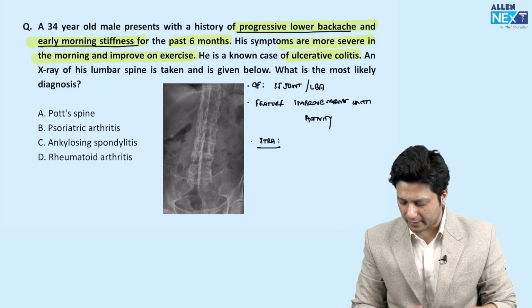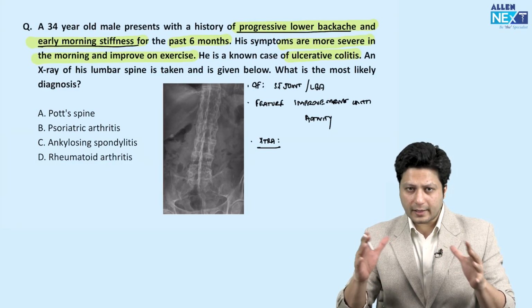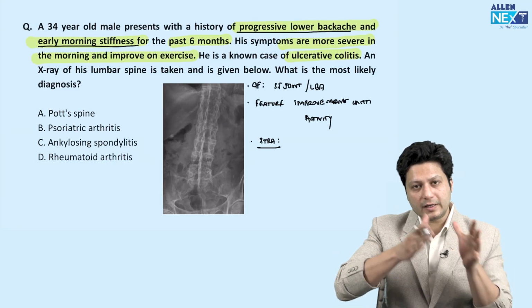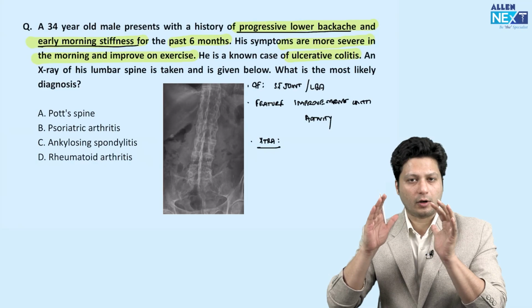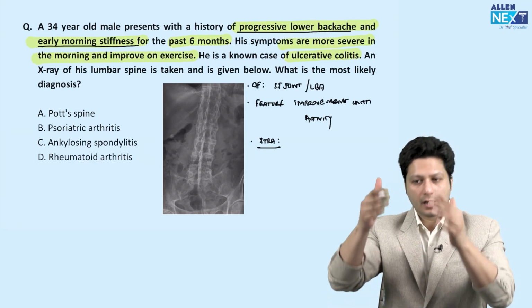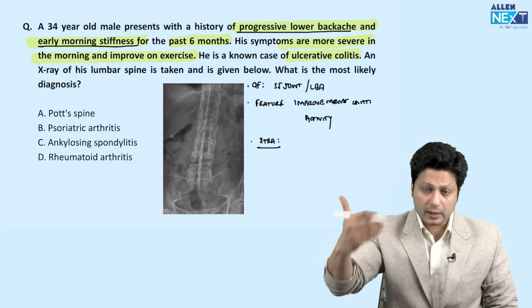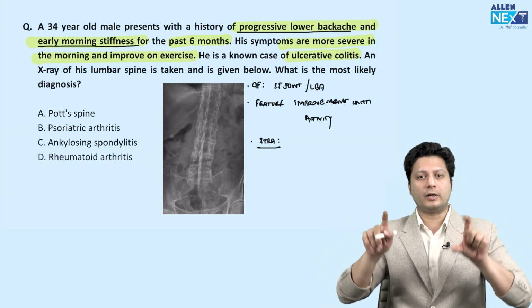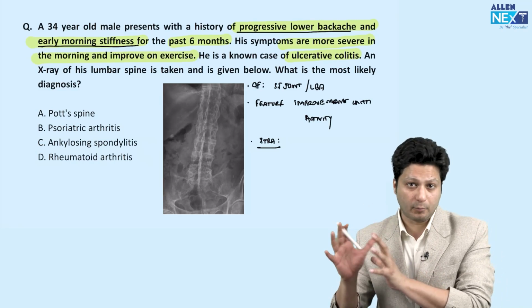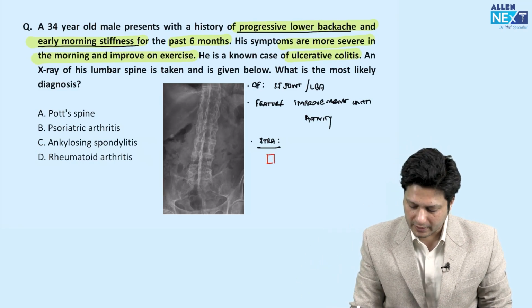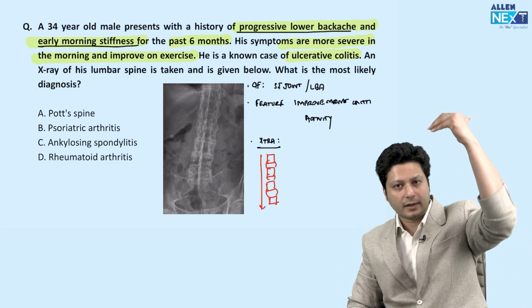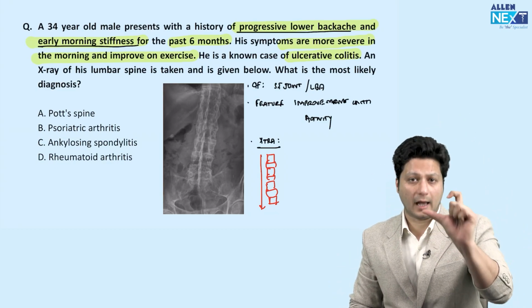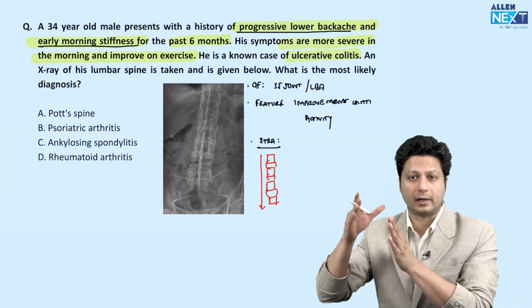Now, as far as the X-ray findings are concerned, you already are aware that the reason for the bamboo spine is the calcification of all the soft tissues present around the vertebrae. When all the soft tissues around the vertebrae get calcified, it will appear like vertebrae in continuity. So that will appear like a bamboo spine or a bamboo trunk. If these are the vertebral bodies and the intervertebral discs are also calcified, the vertebrae will appear like the trunk of a bamboo. That means the entire vertebral column is in continuity without any gap, without any interference of the intervertebral disc,